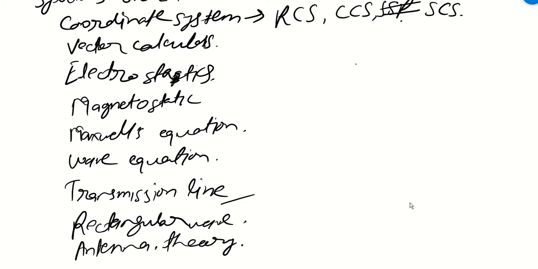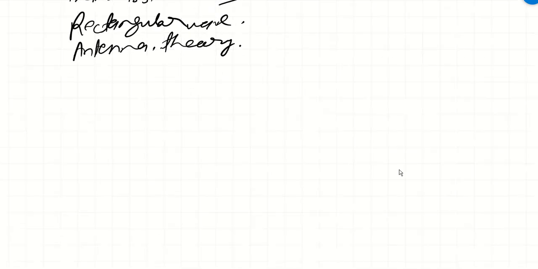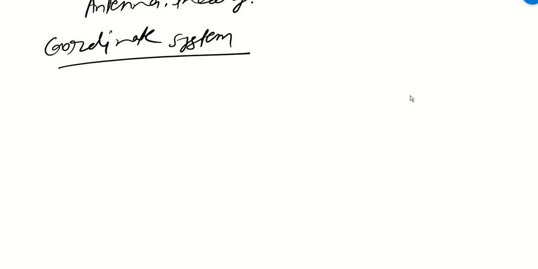So, we will start with our first lecture. We will be dealing with coordinate systems, right. This is very important. It seems to be very easy, and people do not take coordinate systems very seriously, but the thing is once you understand the coordinate systems, rectangular, cylindrical and spherical, then you are a master of electromagnetics. So, electromagnetic subject is very easy, I feel.